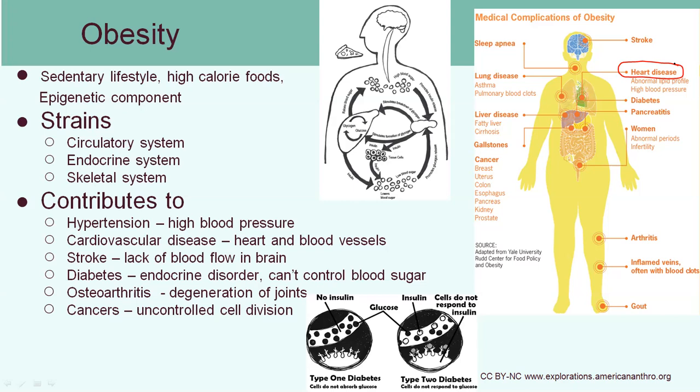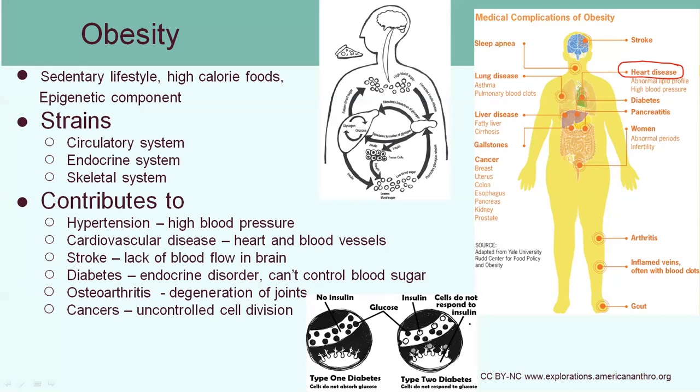It also influences your endocrine system. That's going to be the system that is involved with hormone production. So we see a higher incidence of diabetes in people who are obese due to the fact that they are not utilizing insulin properly. And then your skeletal system can be impacted. You're going to have a higher risk for arthritis because your skeletal system did not evolve to support such a large weight. And especially in this bipedal posture, your knees and your ankles have a lot of stress on them if you're obese.